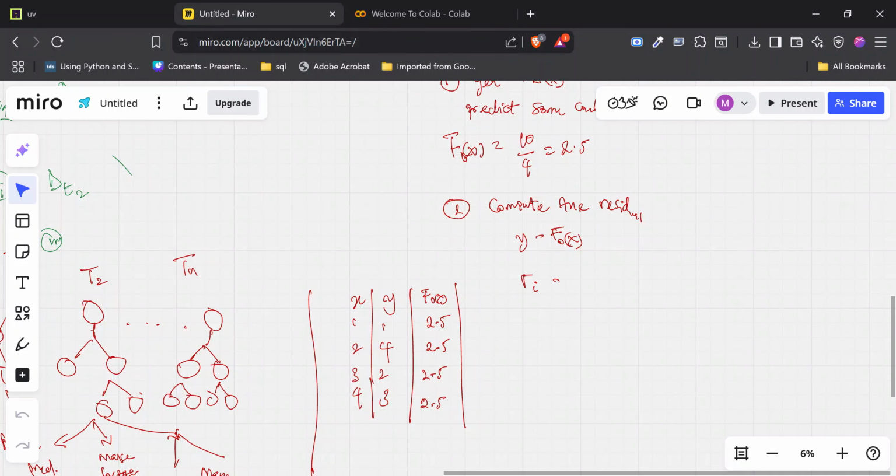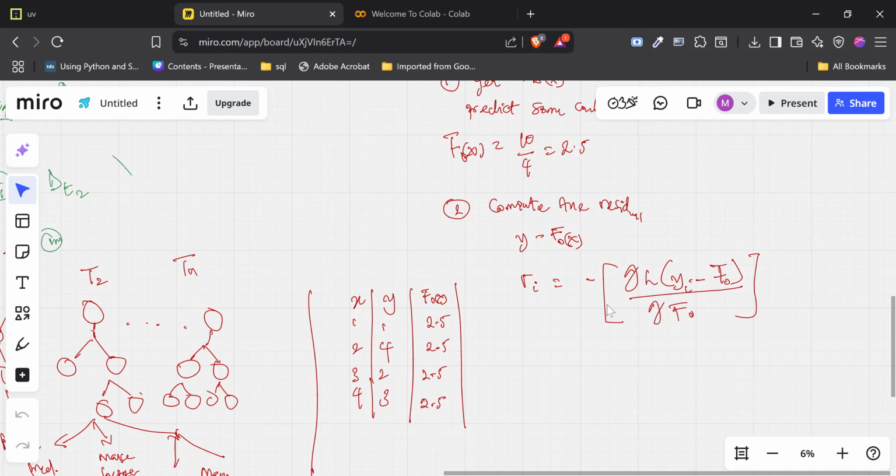That is this particular residual, and if I get it correctly, it's going to be the negative derivative of the loss. Loss is going to be yi minus y cap, something like that. But in this case, our y cap is f naught, right? So the negative derivative of this loss, excuse me, with respect to that particular f naught